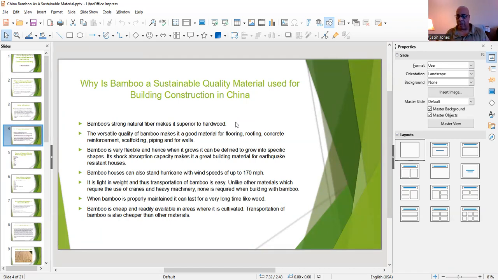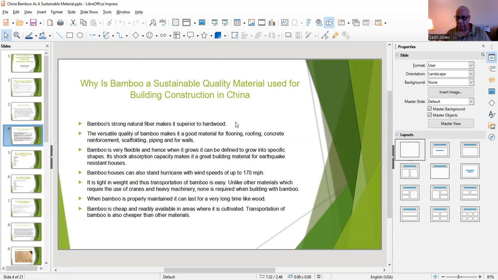That's what a number of people don't do. Now, if I want to market this product, this is a big selling point, because how would I get bamboo from the site where it grew to the construction site? You can basically use a pickup truck. You can use a car. Like I said, there are over 1,000 species of bamboo. Now, when bamboo is properly maintained, it could last very long. In fact, it can last longer than wood lasts.